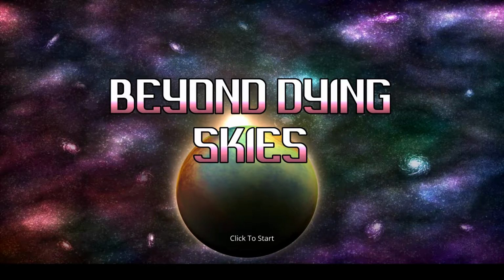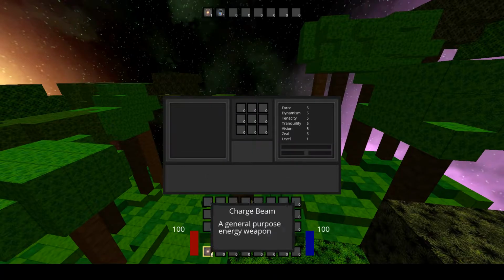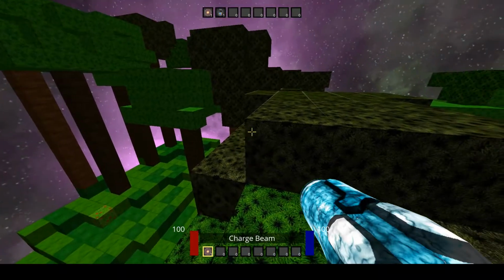We're doing a Let's Play of Beyond Dying Skies tonight. Let's go ahead and get into it. So you'll see this is where I spawned, on top of a tree. I'm going to go ahead and get my charge beam out. And I'm going to get some of this